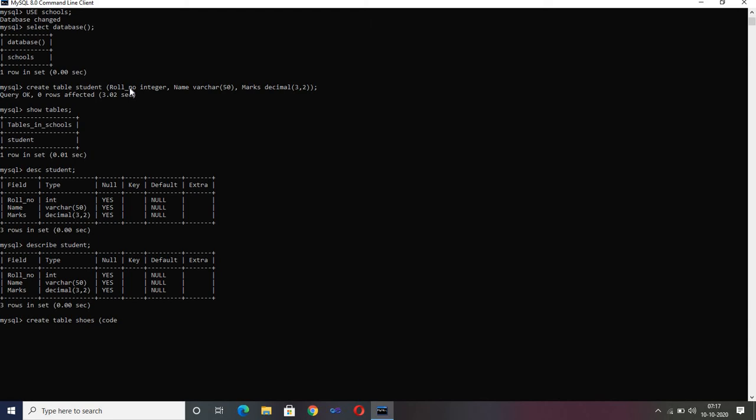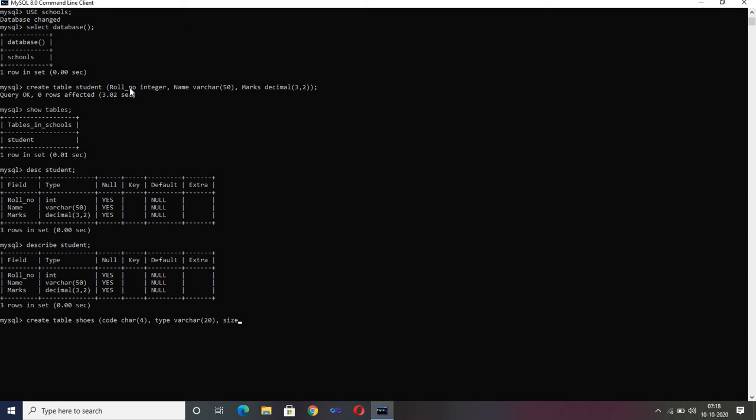So shoes will have a code, and we are using the code because I want this as my primary key, and code will be a fixed length value. Therefore I have used the data type char 4. It means it will be a 4-character alphanumeric code, basically text. It can use numbers, but they will be considered as text. Then I can write which type of shoes they are. Now the name will vary, so let's say varchar 20.